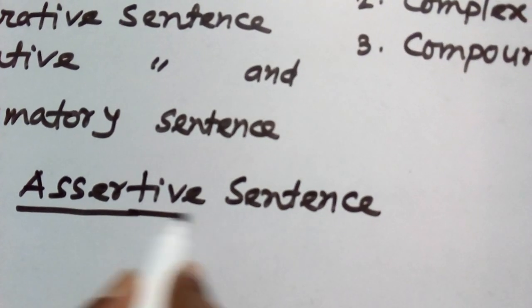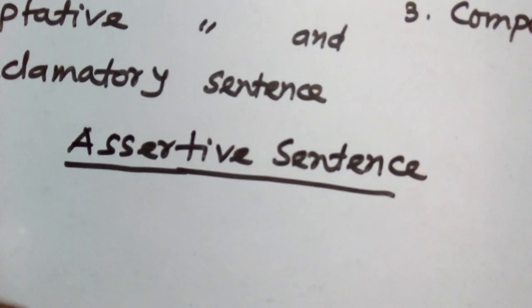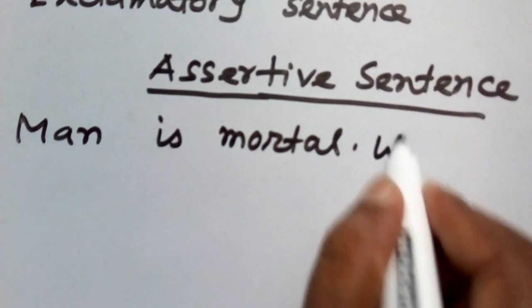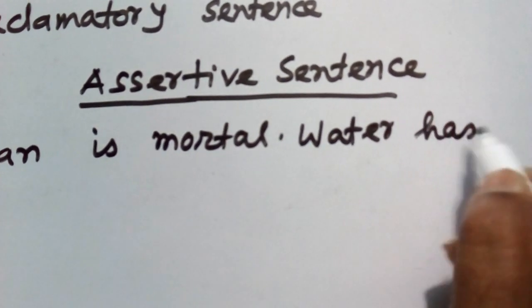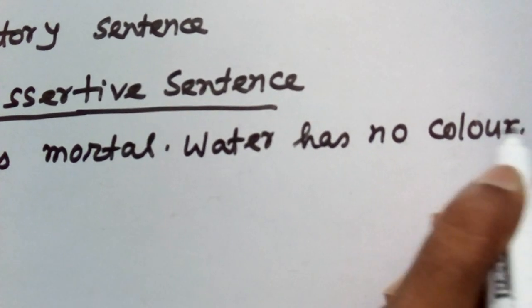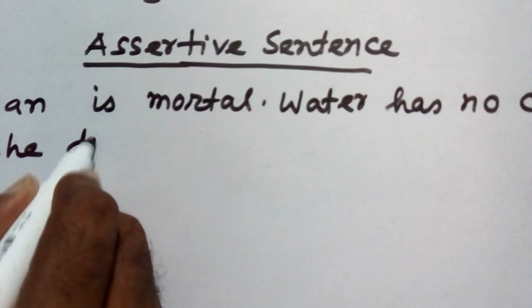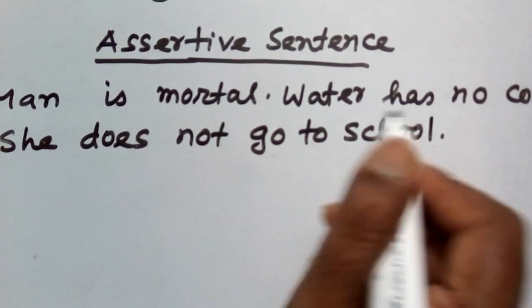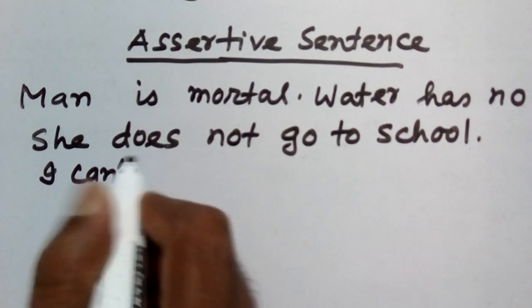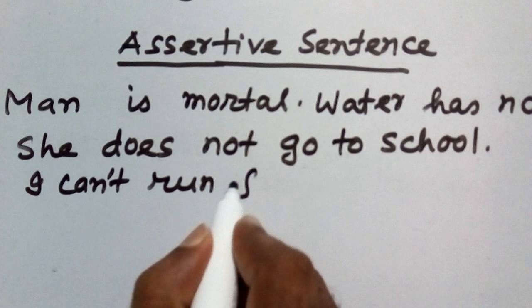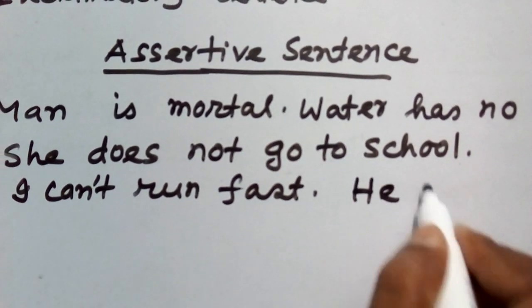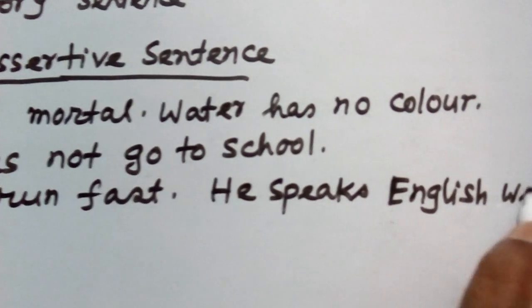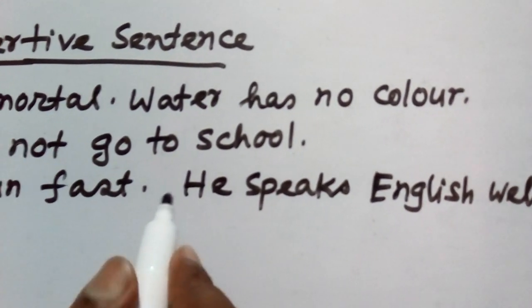So here, this assertive sentence, I write example here: Man is mortal. Water has no color. She does not go to school. I can't run fast. And he speaks English. Well, I have written here 4 sentences, and we know that